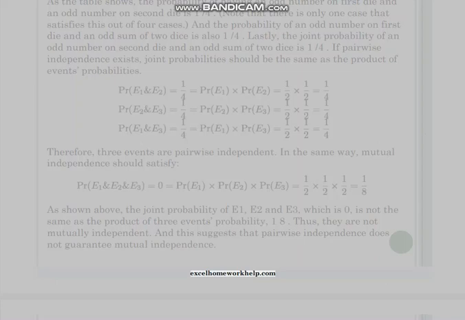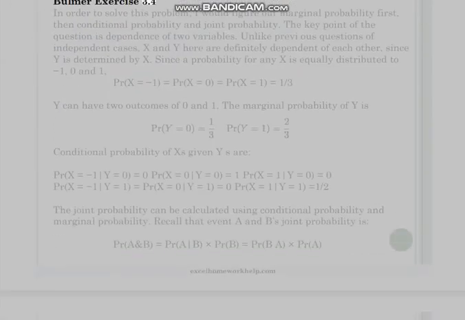Bulmer exercise 3.4. In order to solve this problem, I would figure out the marginal probability first, then the conditional probability and joint probability. The key point of the question is the dependence of 2 variables. Unlike previous questions of independent cases, X and Y here are definitely dependent on each other,